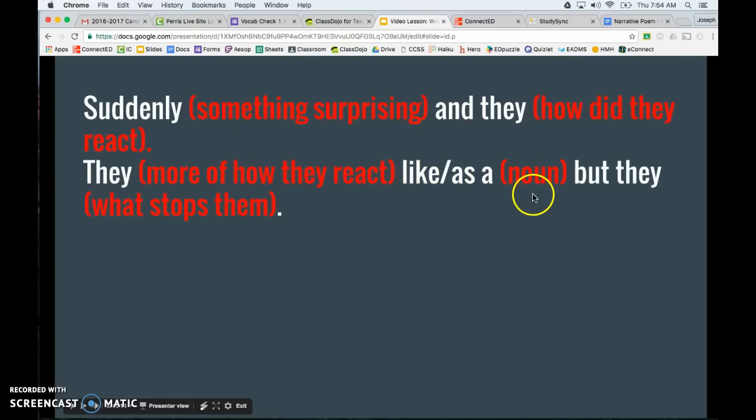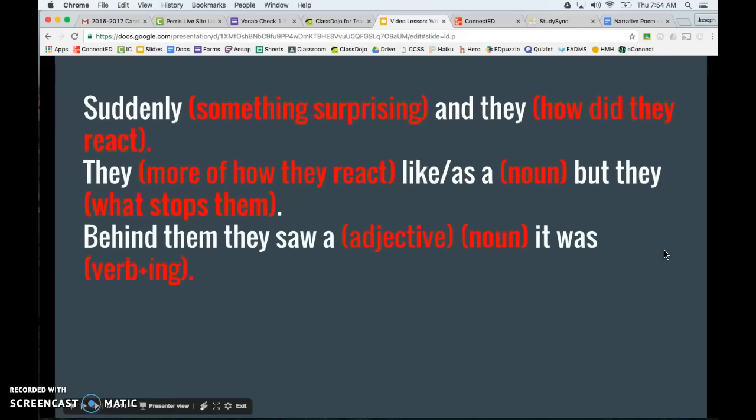That's a simile, comparing your two characters to a noun or a thing. But they ran into a tree, or they saw another monster, however your story is going at this point, this would be a nice place to throw in your simile. Pause the video, write your second line.